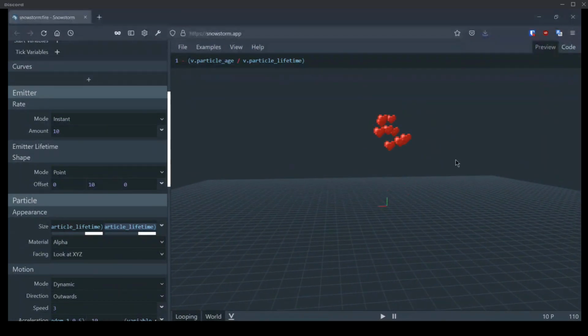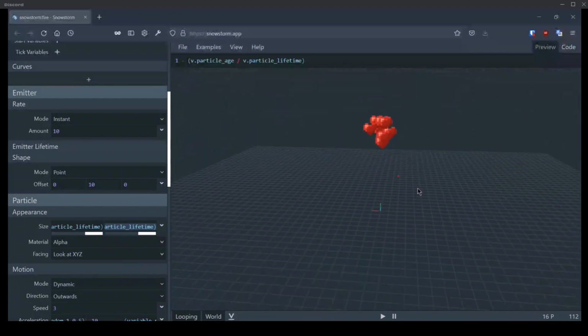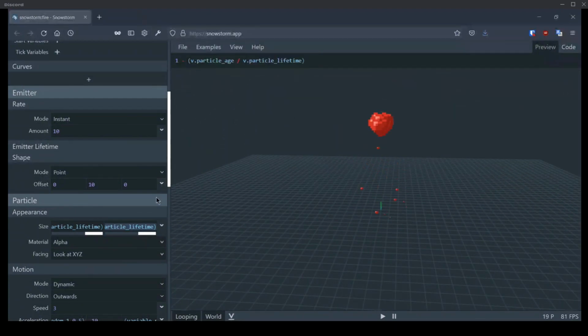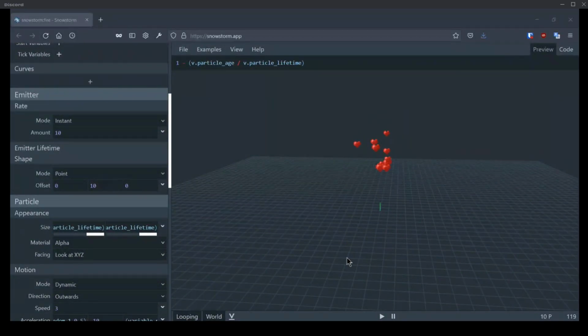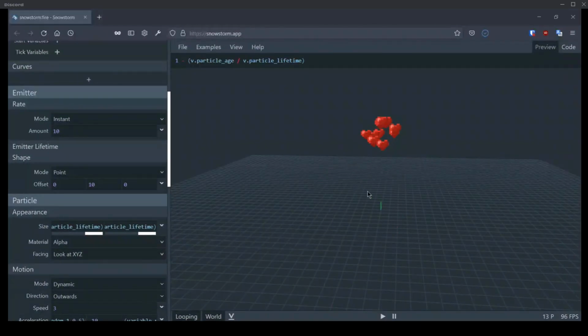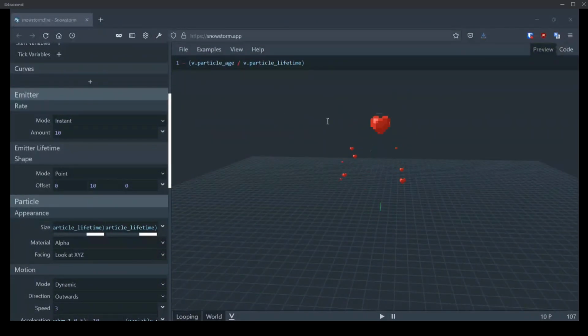So I don't hate this. Maybe I can show how to implement it in game because it's pretty easy. If you've been working in Snowstorm up on the web, you can do File, Download. It's going to save it wherever you want. In this case, I'm actually going to open it in VS Code. You probably can't see my screen anymore, right? Do I have to switch my streaming? Yes. Okay, I will do that. You'll get to see everything.